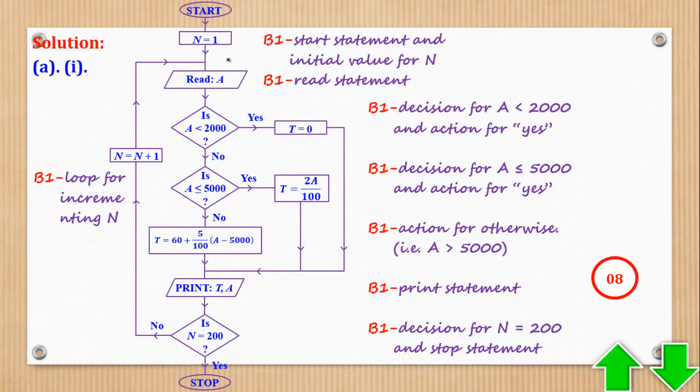Here I have read and it is 3,500. What do I do? Here I'll go to no. So no, I'll take me here and here to take me to yes. So I'll say 2 times this divided by 100. What does it give me? It gives me